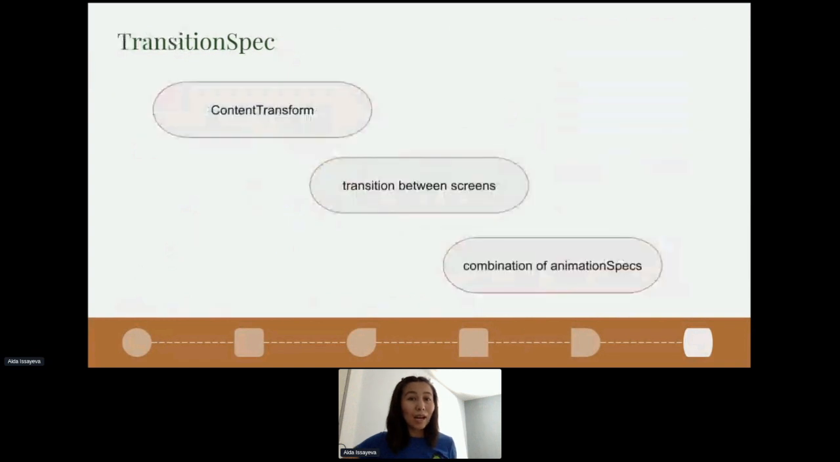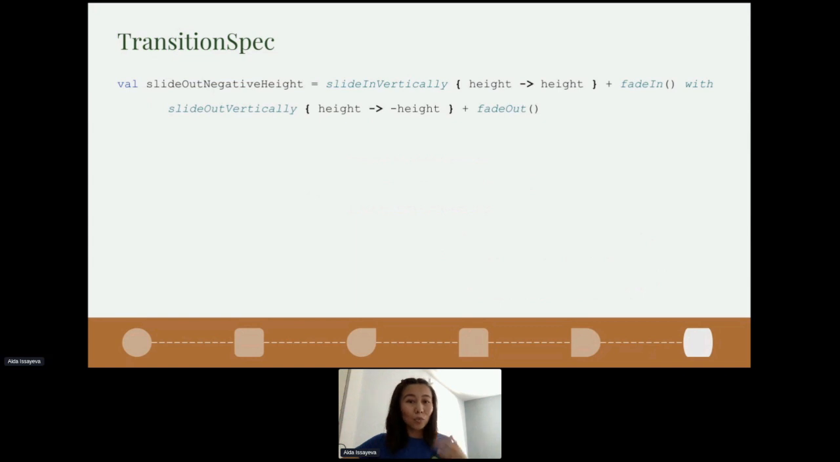So the next way to customize animations is by passing an argument in the transitionSpec parameter. Transition spec is responsible for creating animated transitions between entering and exiting content, basically transforming the content, right? You can combine multiple animation specs in one transition spec. I think the easy way to demonstrate the power of transition spec